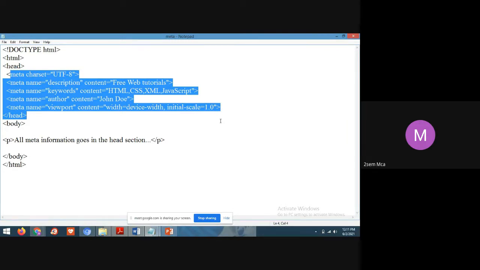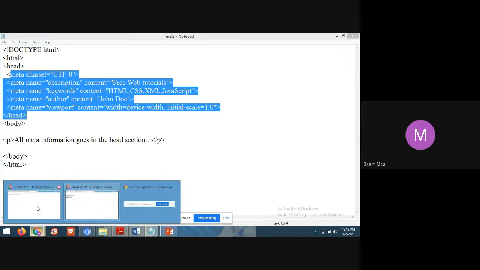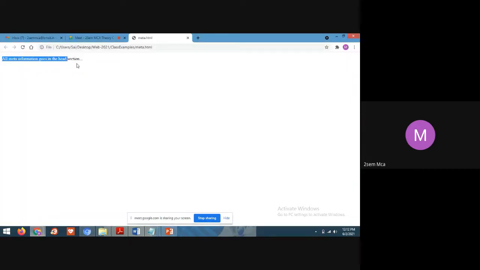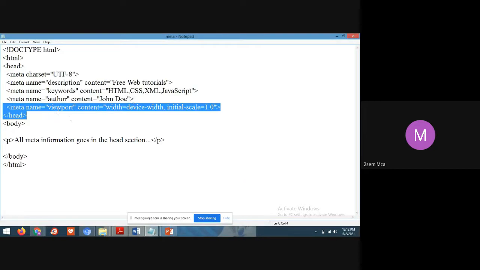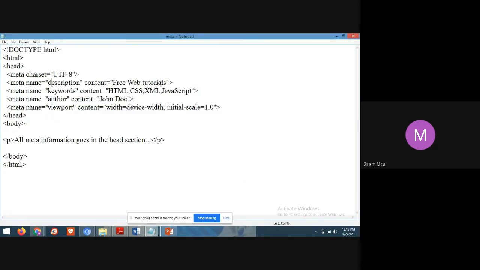As I told just now, this meta tag gives additional information about the program, and the content you write in the meta tag will not be displayed in the output. Can you see any other information, whatever you have given in the meta tag? No, we cannot see.